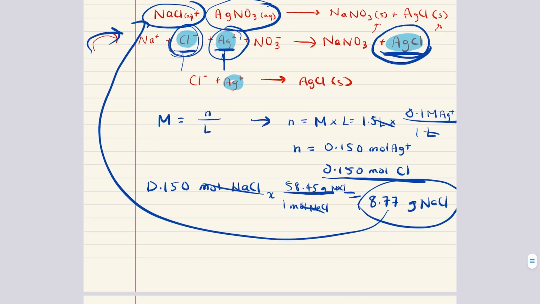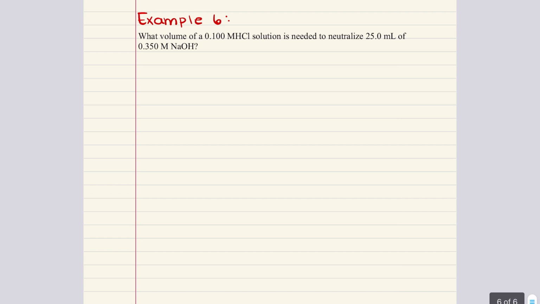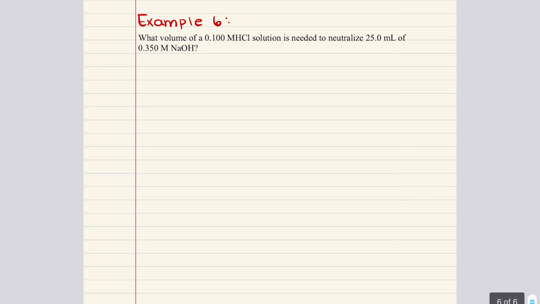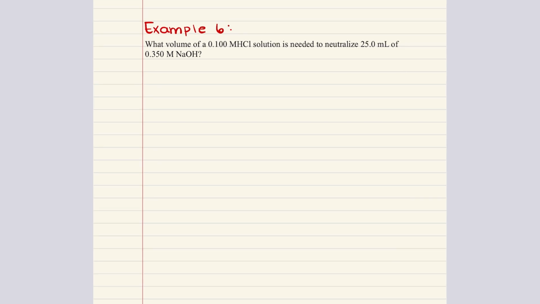With that, we've completed problem 5. We can move into our last and final problem. Our final problem reads, what volume of a 0.1 molar hydrochloric acid solution is needed to neutralize 25 milliliters of 0.35 molar sodium hydroxide? So what we have here reacting is hydrochloric acid, which is a strong acid, reacting with